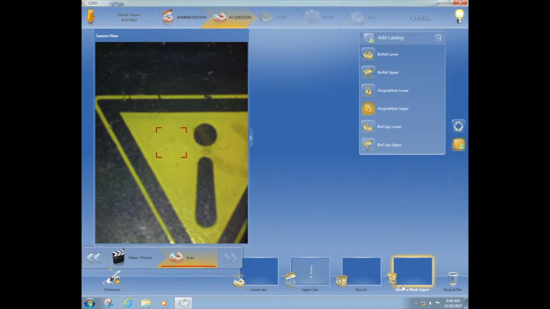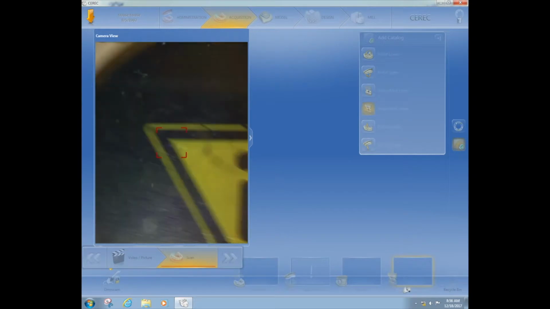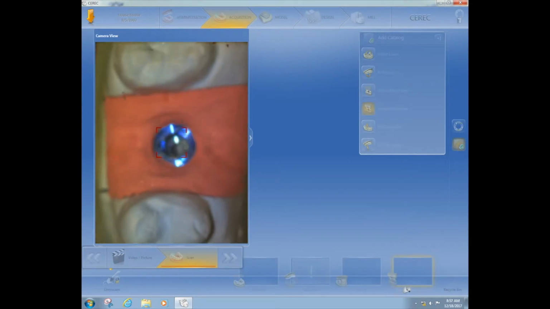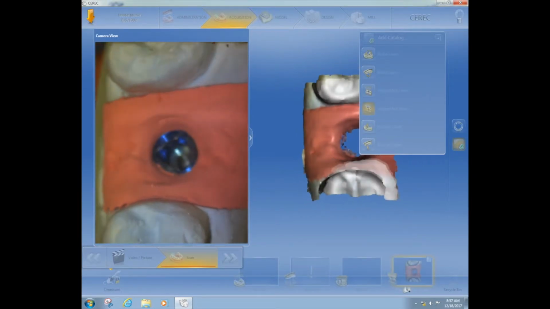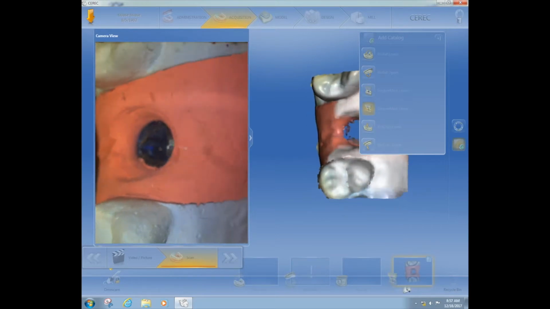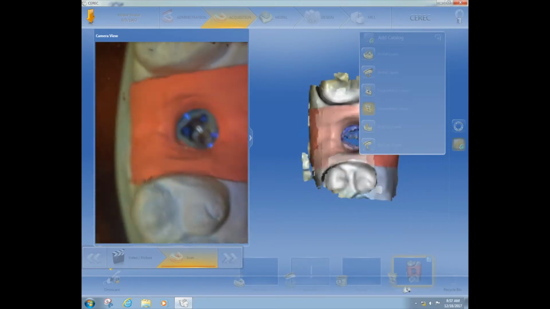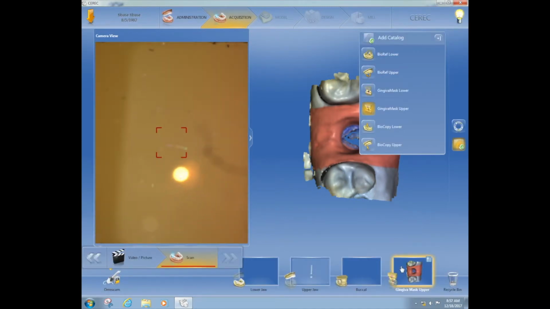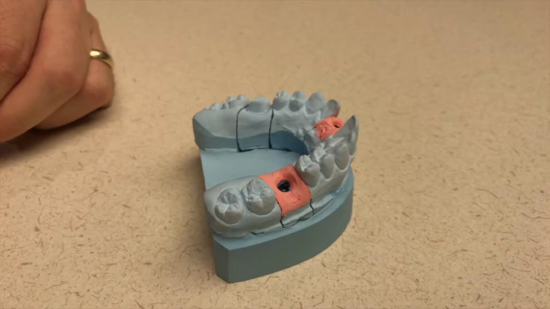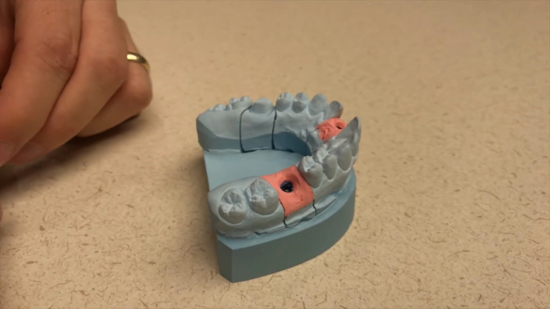What I'm going to do is just scan the tissue. So it turned on there. I pick up my OmniCam, and you'll see on the screen just the tissue. So a quick little scan, picking up tissue, just like you would for a model, the tissue moulage. And so it scanned that. Now I'm ready to actually scan the Ti base. My recommendation is to go ahead and turn off the camera